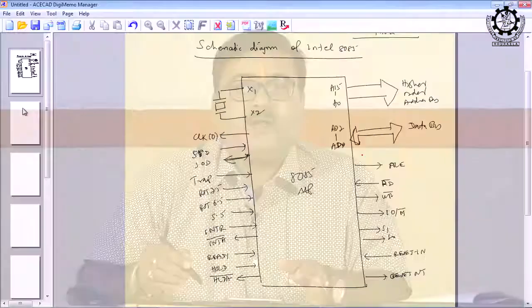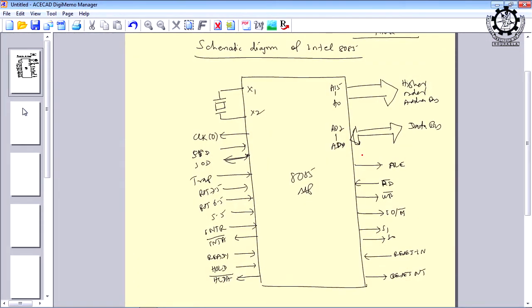The only difference will be a slight change in the syntax. For example, I am writing here read bar, they may write READ like this. So, slightly the convention will be changed, but the functions remain the same. Therefore, you only have to understand what signals are required for the 8085 microprocessor, and you need not know the